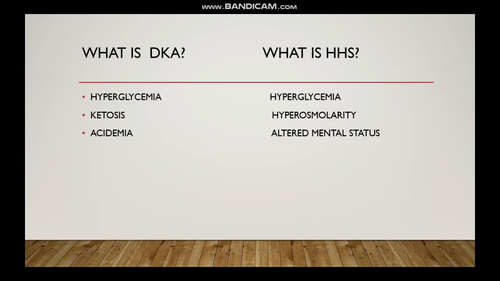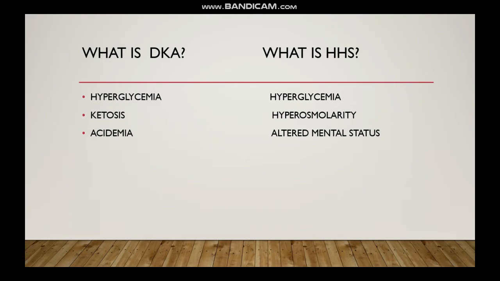So what is common between them? That is hyperglycemia, because both come from insulin resistance and deficiency. There is more glucose in the blood, but very little glucose in the body. So the body starts lipolyzing, and from the lipolysis ketone bodies are generated, and the ketone bodies give ketosis and acidemia. In case of HHS, there is no direct relation with insulin, but in a sudden state the body goes hypovolemic,